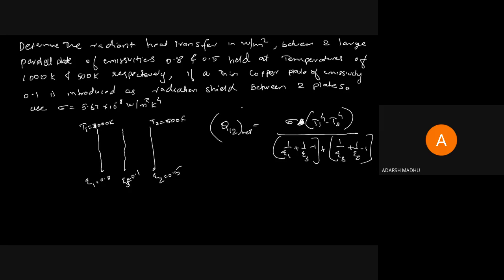Okay. So for every question, you want to draw a figure relating to the particular question. By applying the particular values given, you can just draw a simple figure. The total value will be 2501.5 watt per meter square. 2501.5 watt per meter square will be the answer Q1 by direct substitution. Sigma value, T1 value, T2 value, and epsilon values, the emissivity values, are given. So by direct substitution, we will get the value.